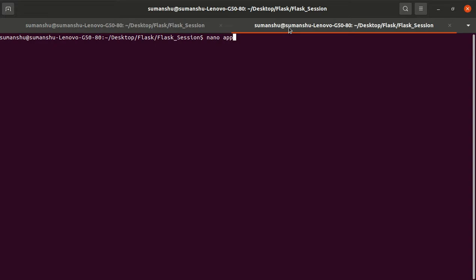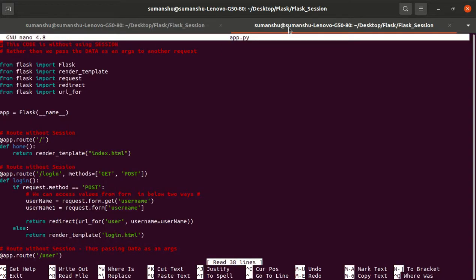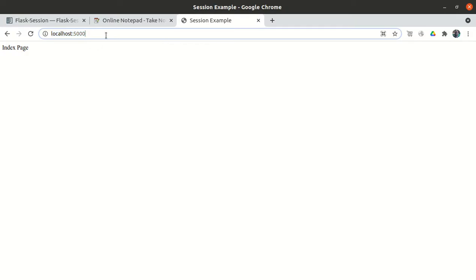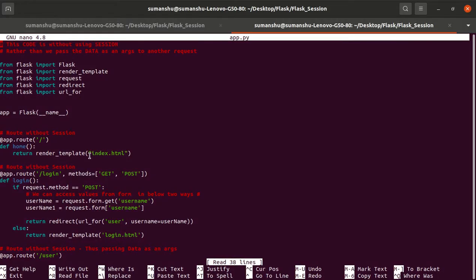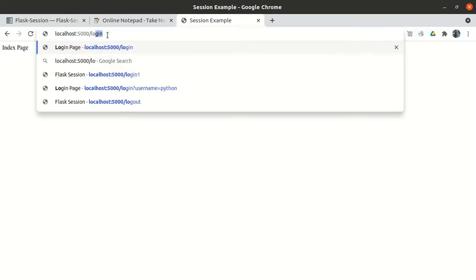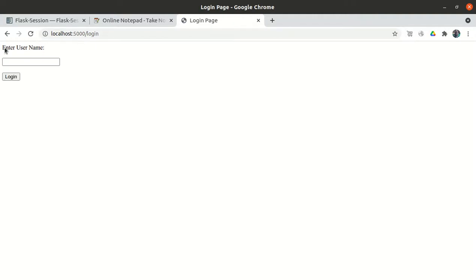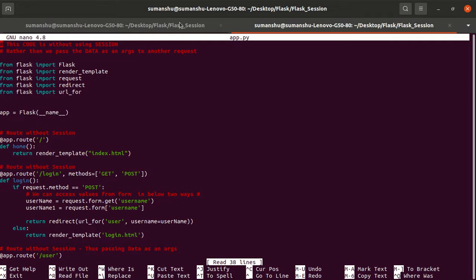So nano app.py. If I go to this slash route, the index page will open. What the index page is doing is nothing, it is just displaying the index.html page, that's it. If I go to the login page, it is just a very basic form. Let me show you the form as well.